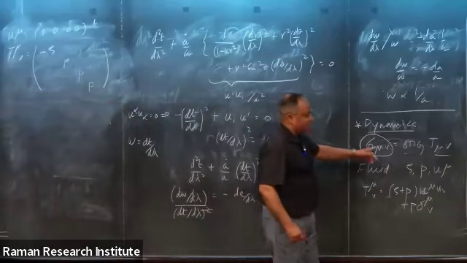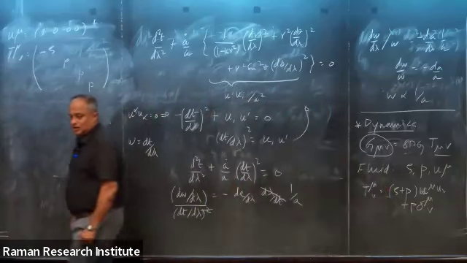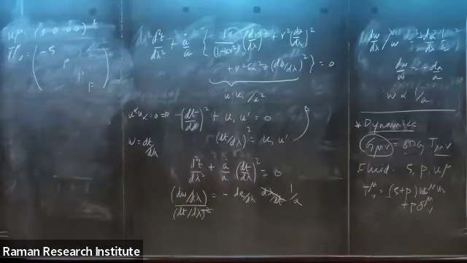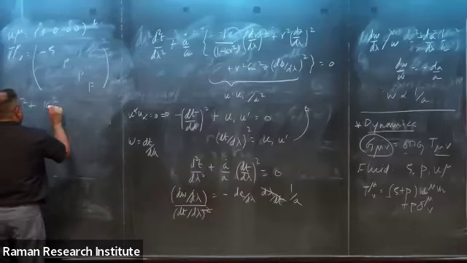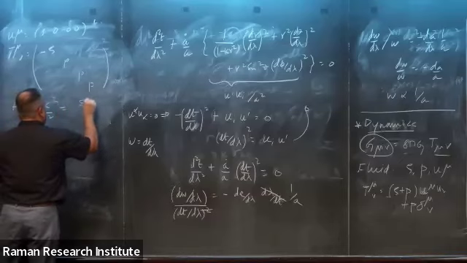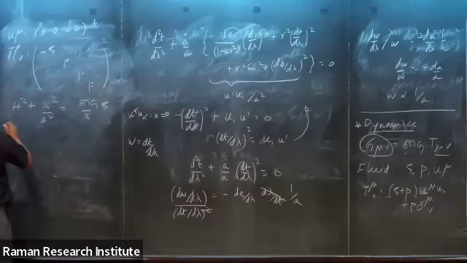As you may have guessed, it is only the 00 and the ij components of G that are non-zero, and you can plug that in and arrive at the so-called Friedmann equations. So let me write them down for you. The 00 equation leads to, I will explain this, H squared plus k by a squared equal to 8 pi G by 3 rho. These are the Friedmann equations.